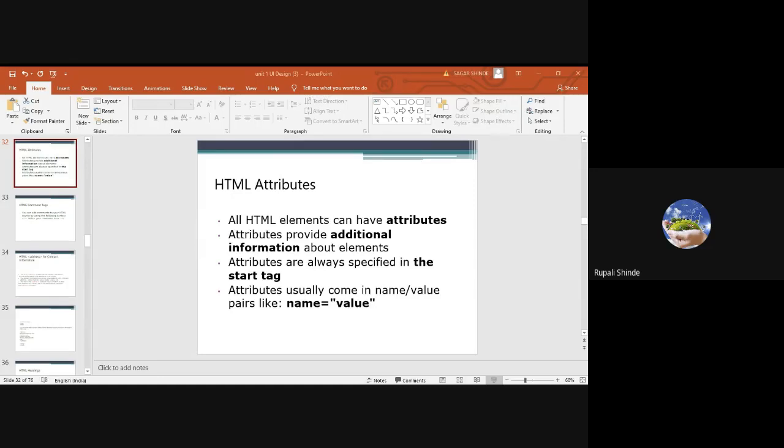Then in HTML, we have seen one element, that is address. With the help of the address element, we can give information about any person or any location, or we can write the address of anything. It automatically appears in italic form. Whatever content you retain within the address should be in italic form. We have seen this with an example.